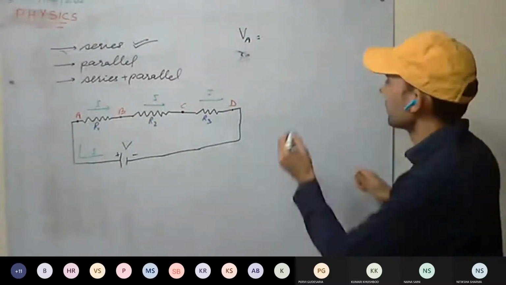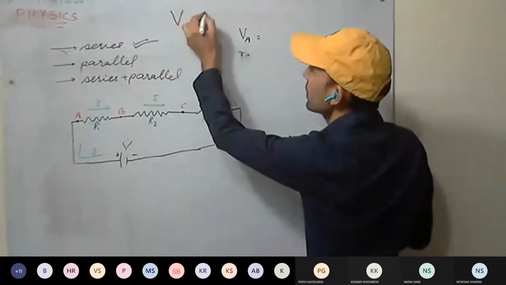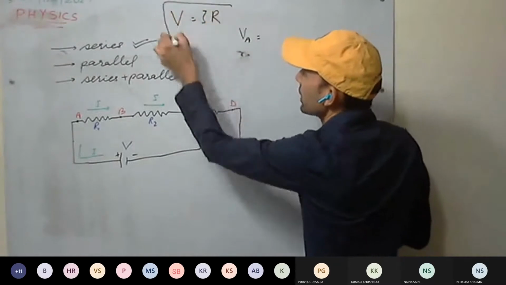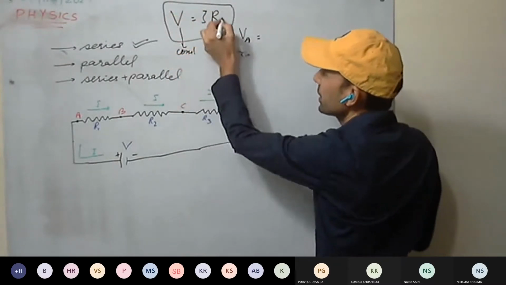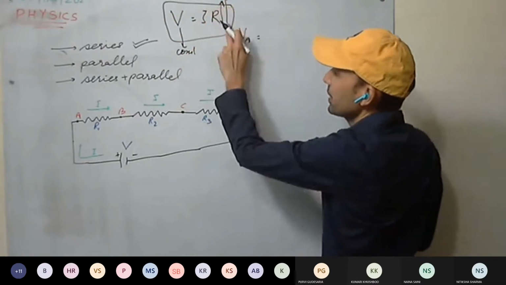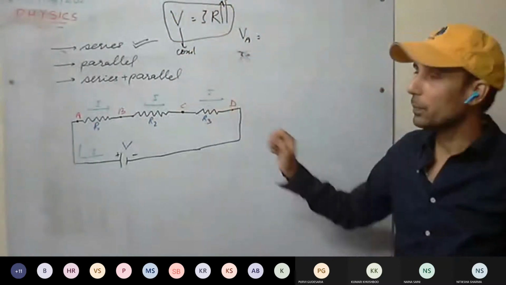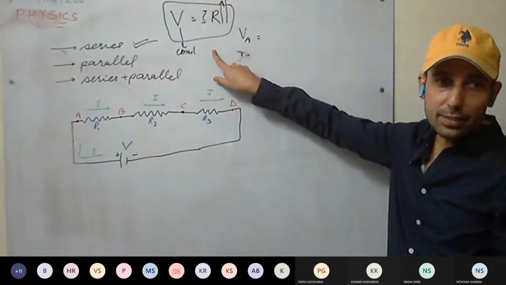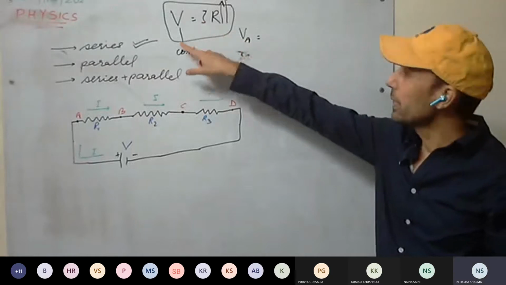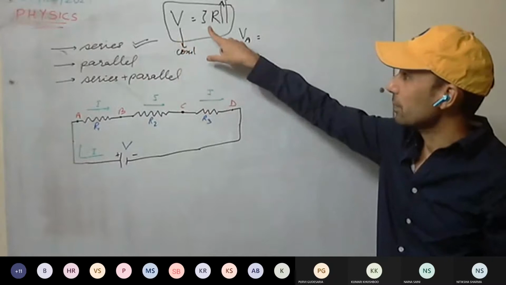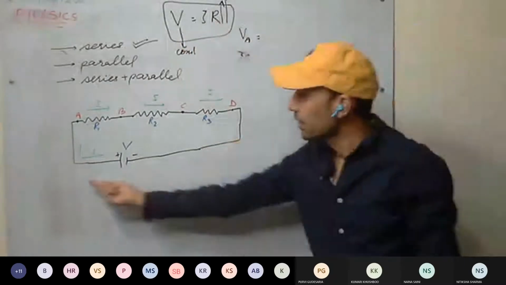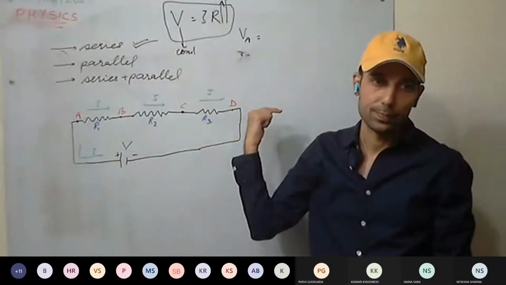As well, you can see here, we have learned this one, V equal to IR. Since V is constant, I'm increasing resistance. What will be the current? Current will decrease, because their product has to be constant. That is voltage, potential difference. So the more the resistance, the less the current will flow.